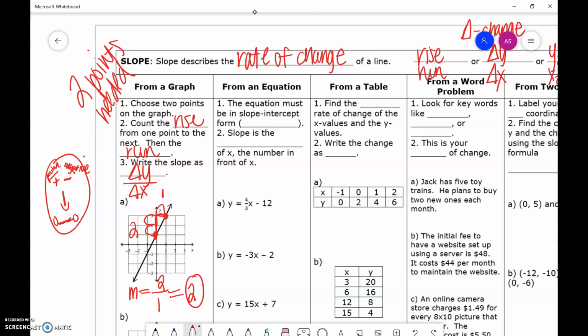But yeah, so if it goes up, that's positive. Down is negative. U is undefined. And horizontal is going to be 0. Okay, so you're going to have some questions that may say, hey, is the slope positive or negative? They may not even ask you to actually find the slope. You just want to make sure that you know how to read that graph